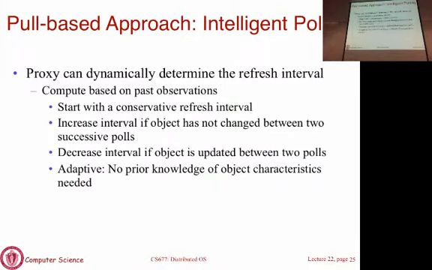It adapts if the object suddenly becomes popular or less popular, it will adapt for you. There may be an adaptation interval, but it will catch up after a while. So this is the best possible approach you can have, where you don't need any knowledge from the server. You are simply discovering what you need to know by probing, and you will basically settle onto some steady rate at which you can start polling.